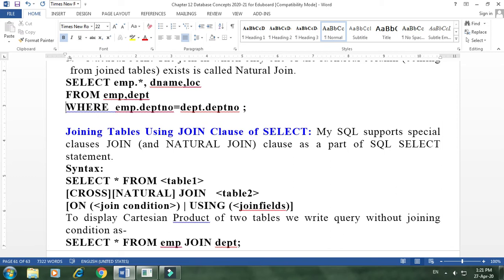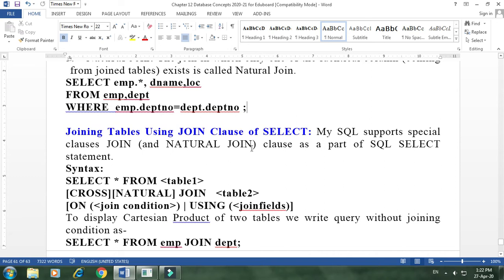We are not doing it with the help of some keyword, just with the help of the queries. So this query is not very difficult to understand. It means that from the employee table display everything, all the columns, then department name and loc. So we have missed out the department number column from here. That's why it is displaying the natural join. But actually there are other ways also that we can apply the natural join. So I hope this join is clear. Natural join means when you remove the one identical column from the joining result, that is called a natural join. Let's see what other ways there are to join the two tables.